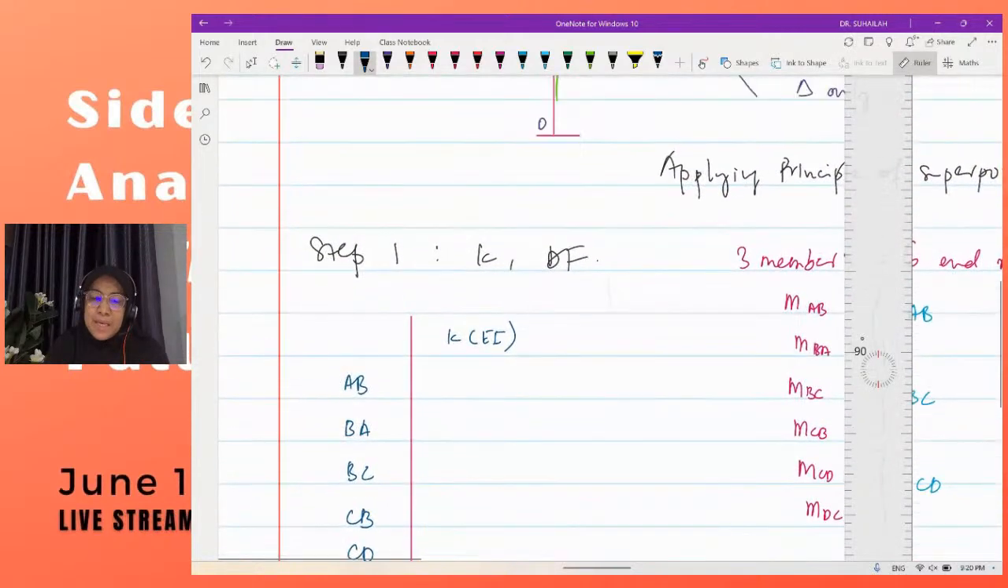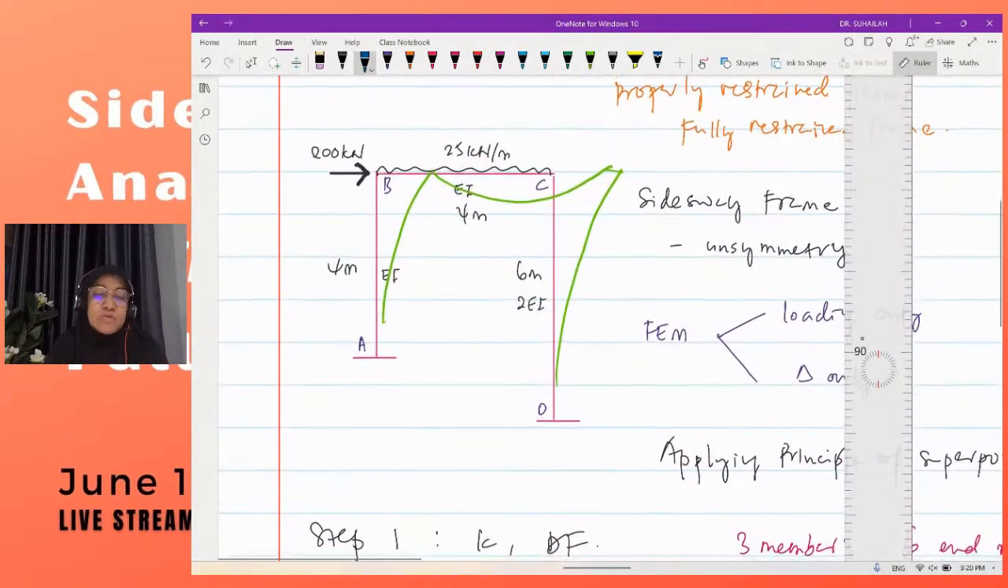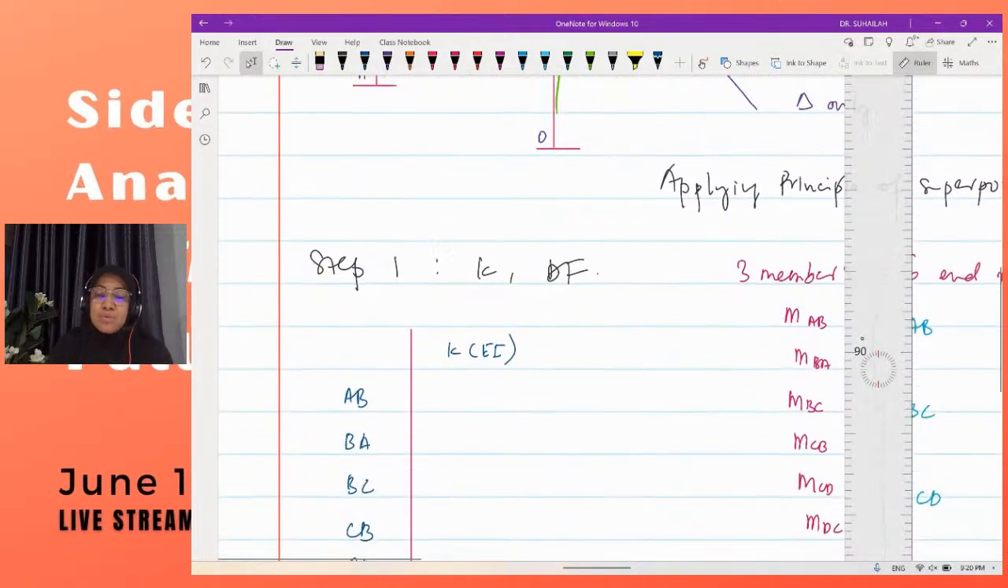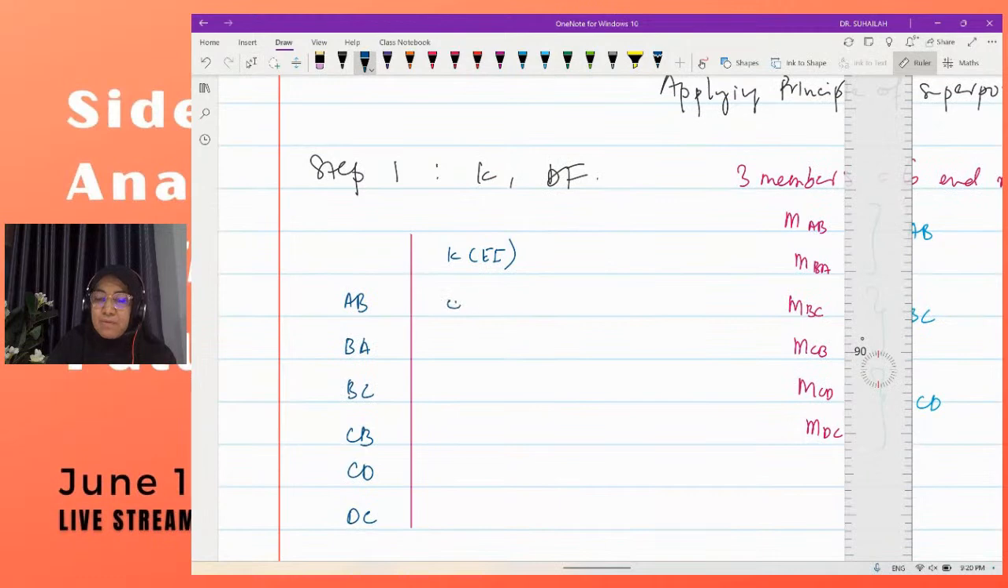Okay, for AB, we will use 4EI over L. The L is 4 meters, so 4EI over 4, it is equivalent to 1. For EI that has been put here, it is 4 divided by 4, which is equivalent to 1. Okay, for member BC,